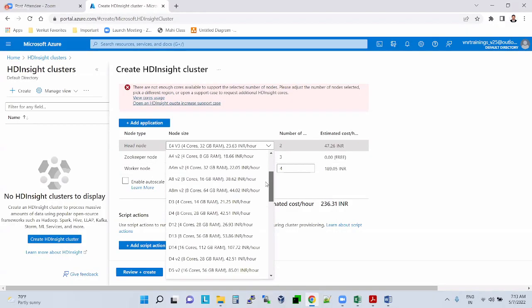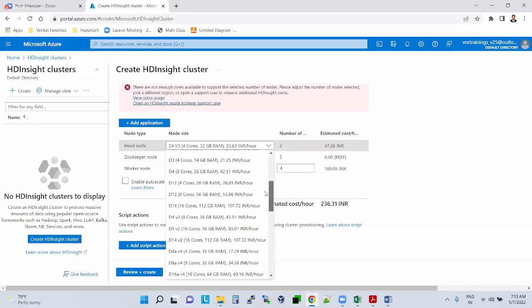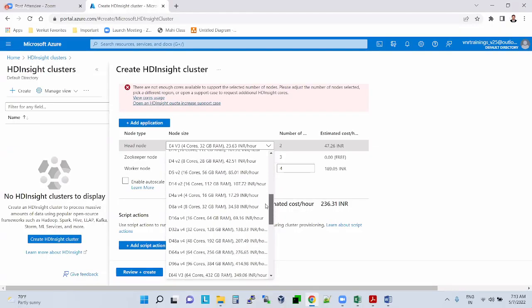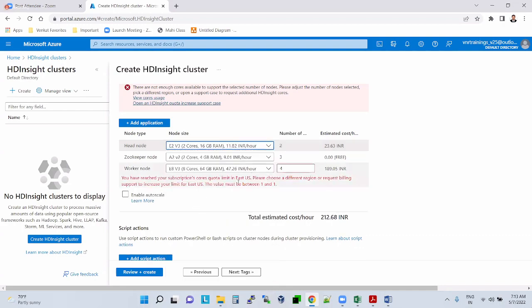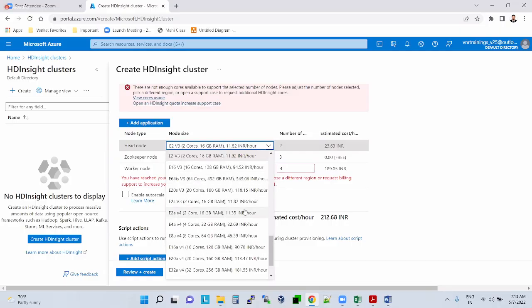Do you have anything with 2 cores? 2 cores, 16 GB RAM. This is fine for us. We don't want bigger ones, because this is practice. But in real time, when they are selecting, they'll select the bigger ones. You have very big ones also.